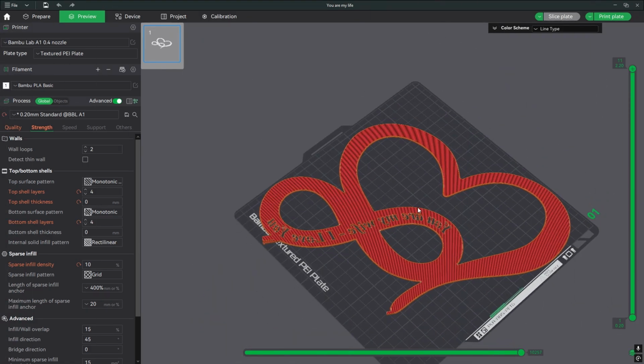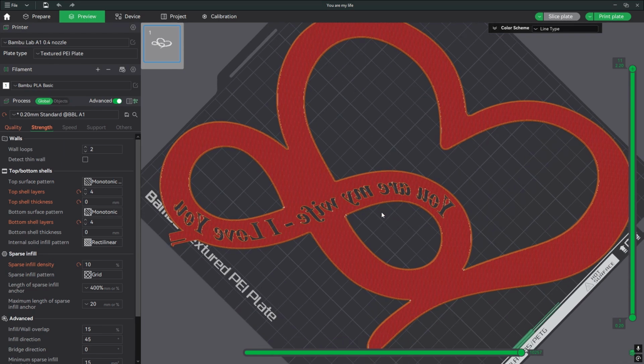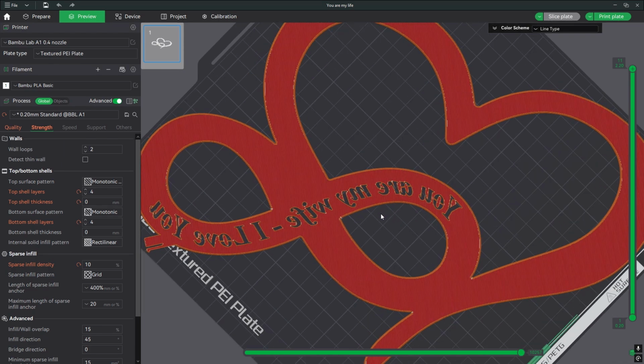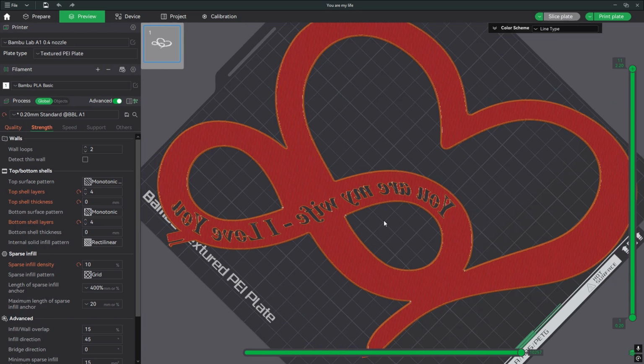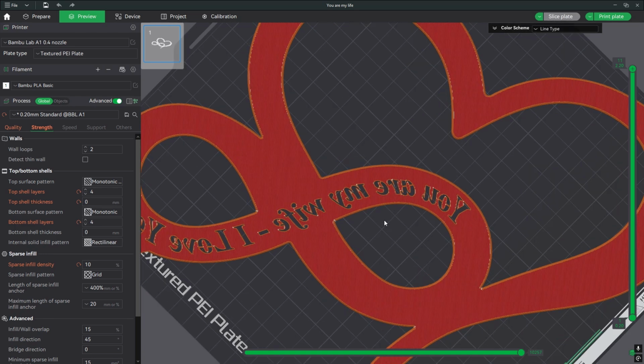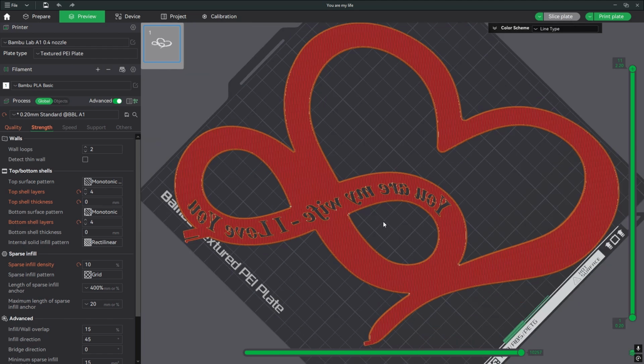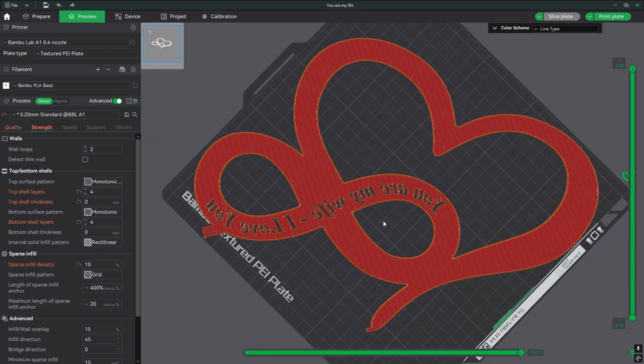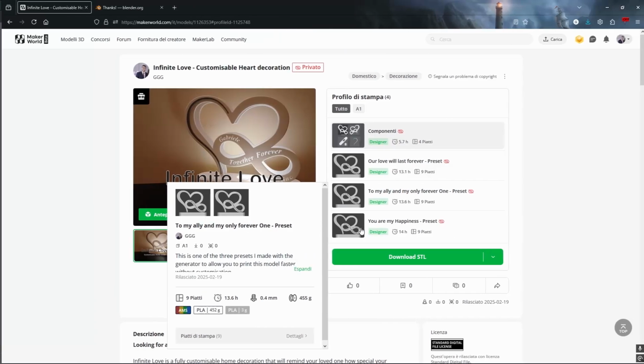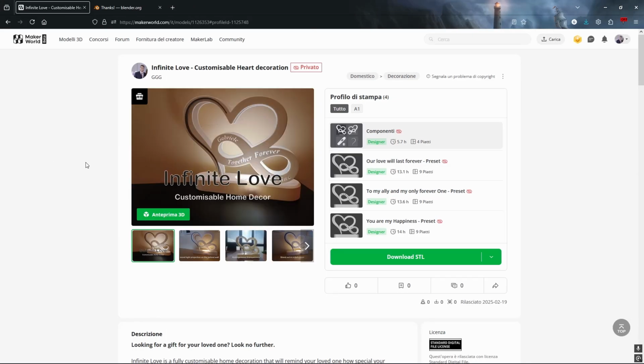I hope this video helped you in editing your front plate. I hope you will like this model, you will like the work I did to make the generator, to make you able to make your own custom plates. I hope you like all the work I did in designing this model, because for me at least it was a lot of work,